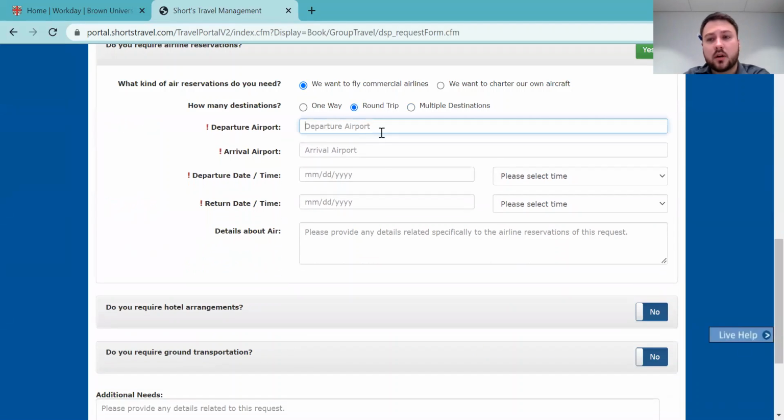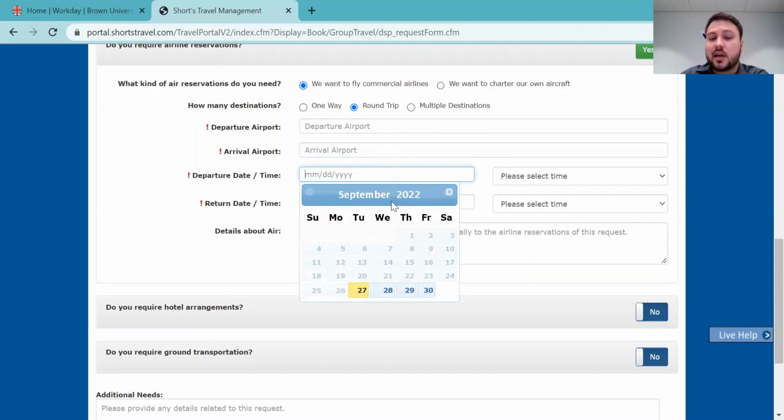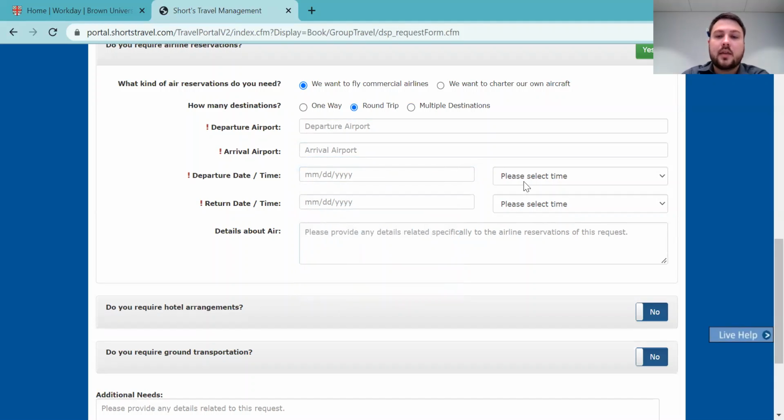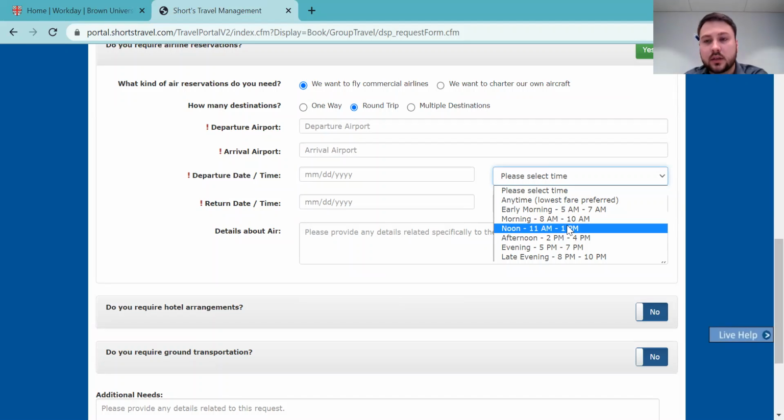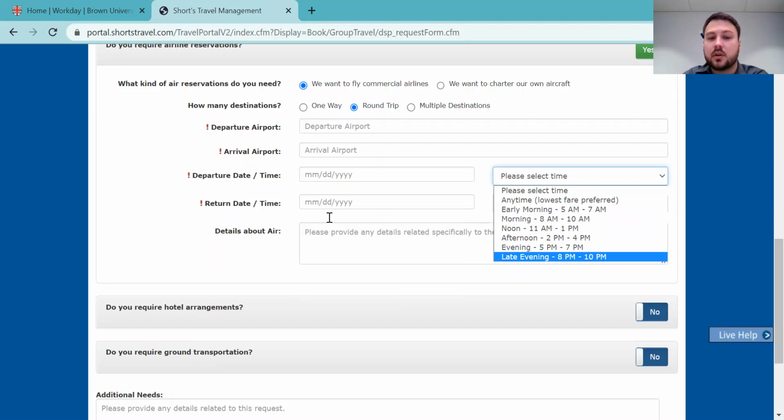Again, for the departure airport, I just recommend city or state. If you know the name of the airport, that suffices for both of those. For the departure date, there is a calendar function, or you can type it in. And then the time has just a 2-hour range. So again, if you need to leave at a specific time, this is something you'll put in the notes here,